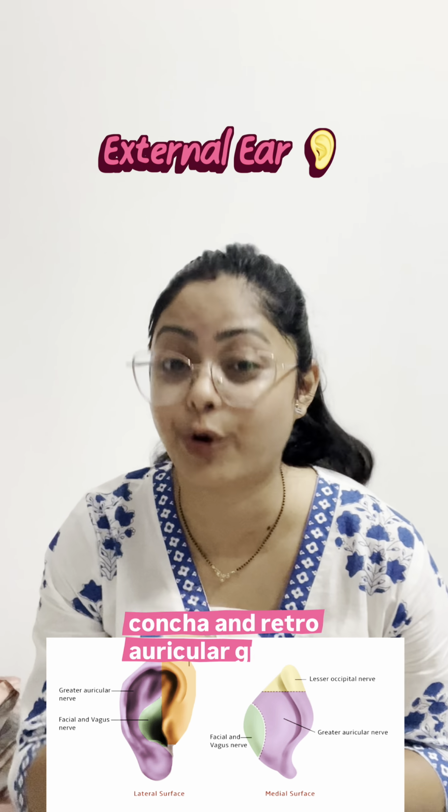Talking about the blood supply, it's mainly by the branches of the external carotid artery. The posterior auricular artery supplies the posterior part of the pinna, and the superficial temporal artery's anterior auricular branches, the middle branches, and the inferior branches mainly contribute to the arterial supply of the pinna. Similarly, the venous supply is also by the corresponding veins. Next is the external auditory canal.